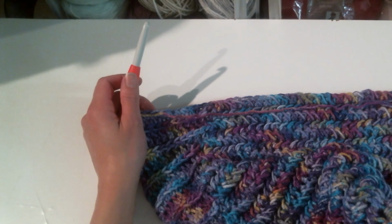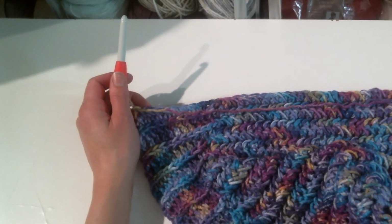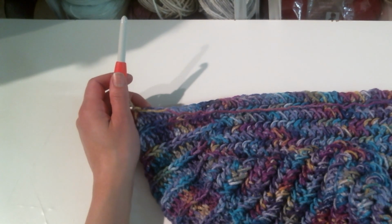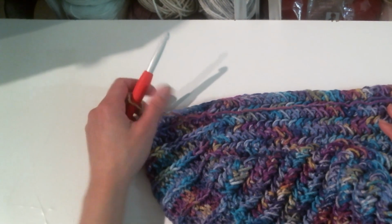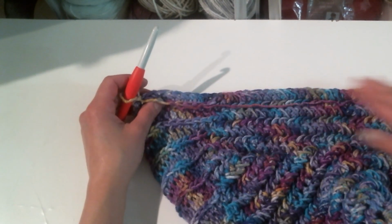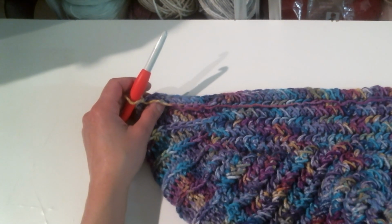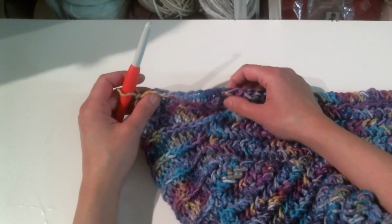You could even decrease the ribbing if you wanted to just have one side, but I'm not for sure how that would look because I haven't done that yet. So that's totally up to you. But I am going to continue this pattern, so I'm going to work the increase row as normal, chain one and turn, come back to decrease side, and then I'll just decrease that one stitch